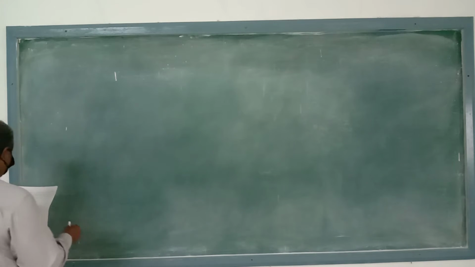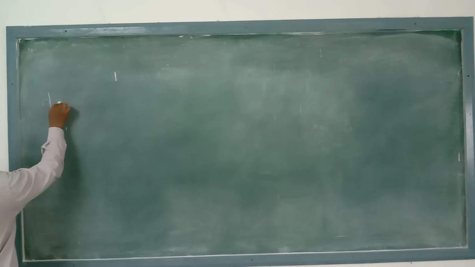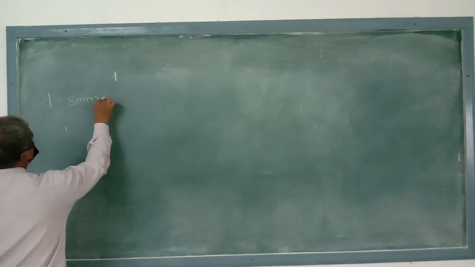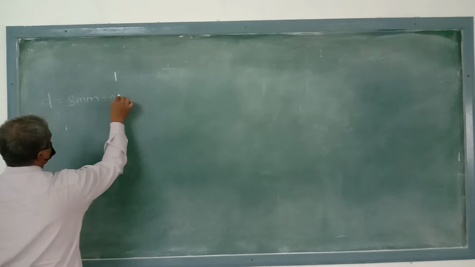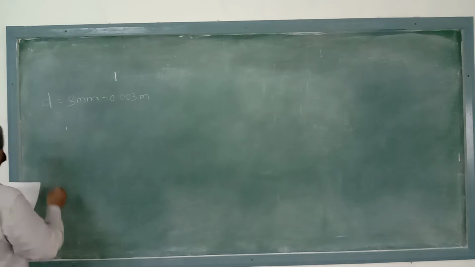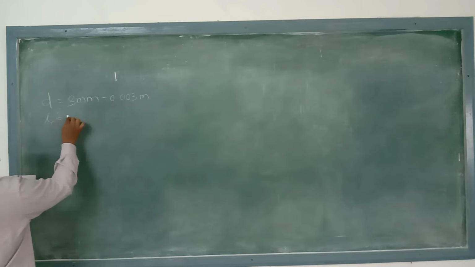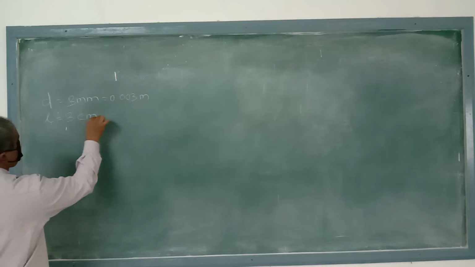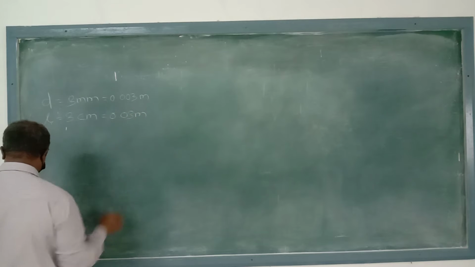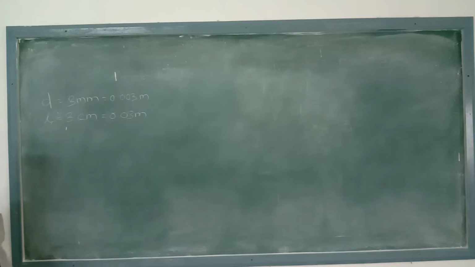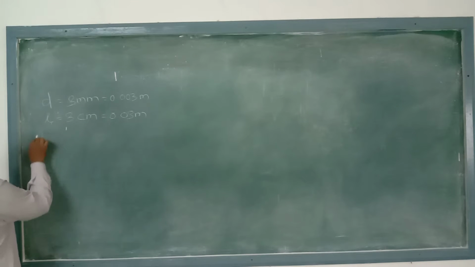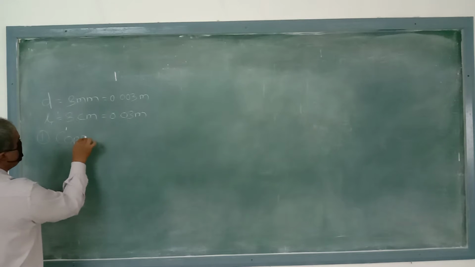So they have given diameter 3 mm. We are going to convert this to meters. Next, second, they have given length. Now the first part they are asking you to find is when there is a copper fin. So for the first case, considering copper